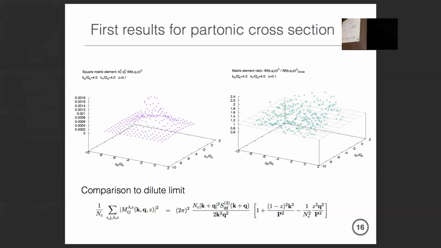So far I just did a single calculation here. In addition to comparing this to the dilute limit, one should now also compare this to the TMD factorized form and so forth. This can be compared to a lot of things and one can actually go and check it. The challenge here is, of course, that the number of points you get for this cross section is not really very satisfactory. You'd like to zoom in much more into this peak and so forth. But this is what you have when you do this on the lattice.